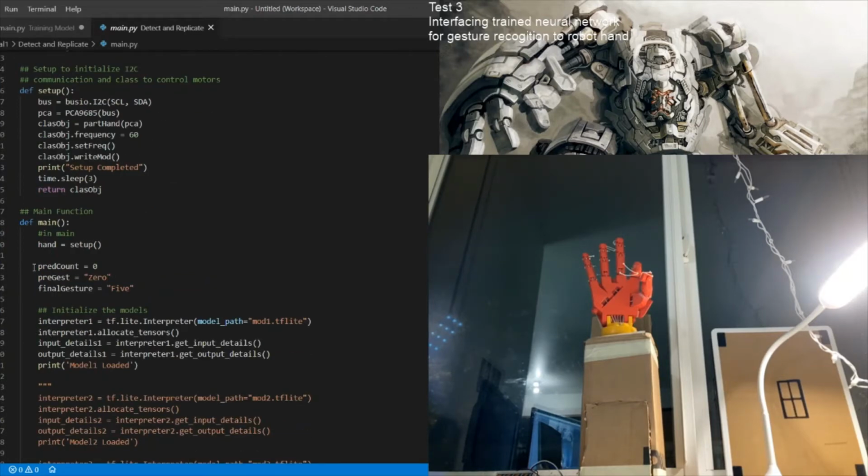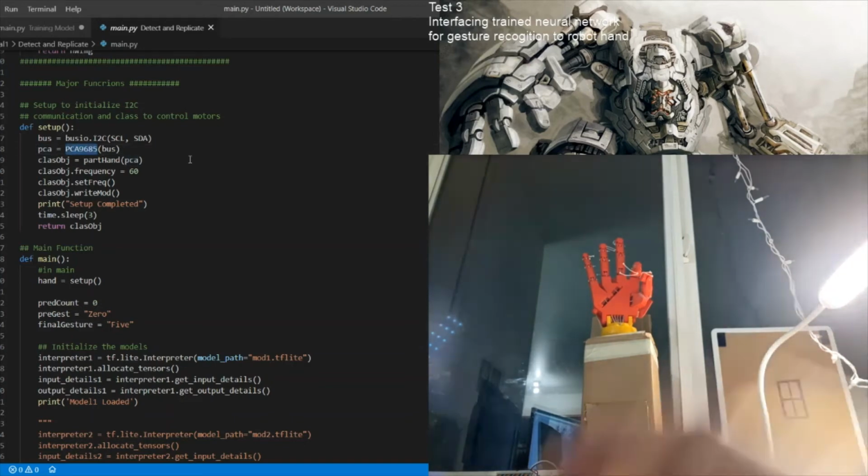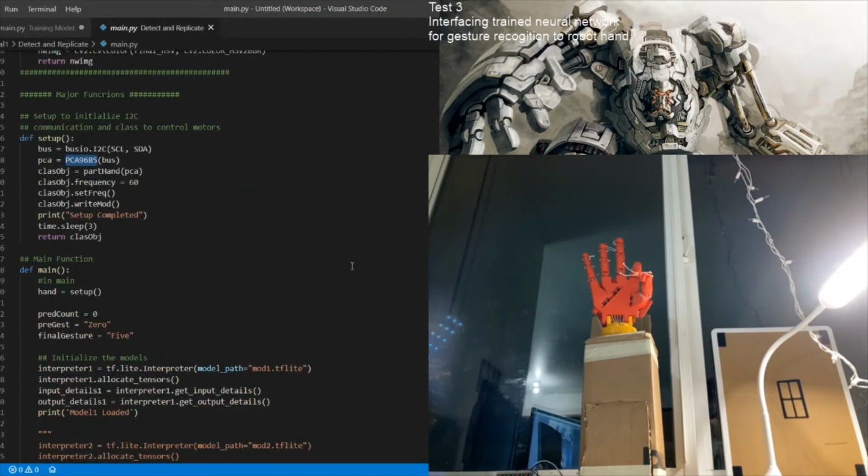Whenever it is in main, it will call this setup function. The setup function gets the information of the I2C bus available on our Raspberry Pi. It requires the SDA and SCL, the data and clock pins, and this information will be passed into our PCA method, which is available from the PCA module given by Adafruit.